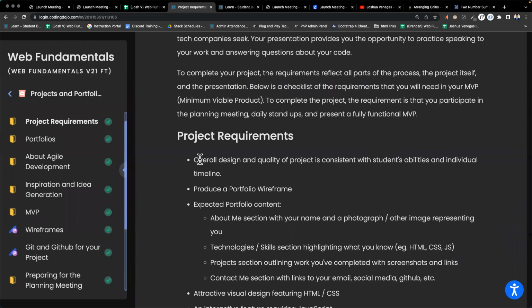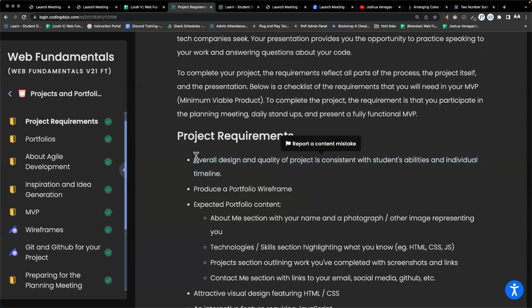So you have to have enough features or enough content in there that it would take you until Friday to complete. So think about what you're capable of doing in that 5-hour period that you would be working in a day, like what you did on the test, and multiply that by 5 so you have enough work to do for 5 days, or 4.5, or 4, whatever you imagine working.